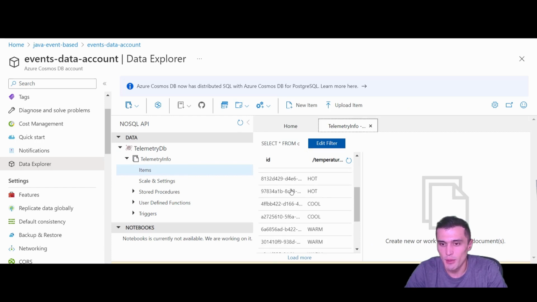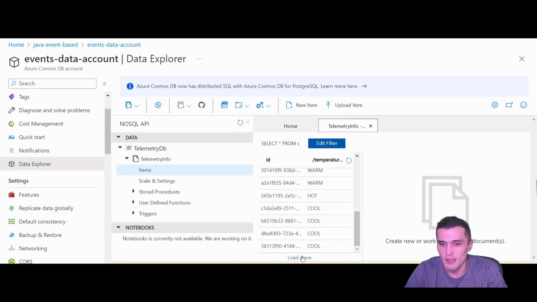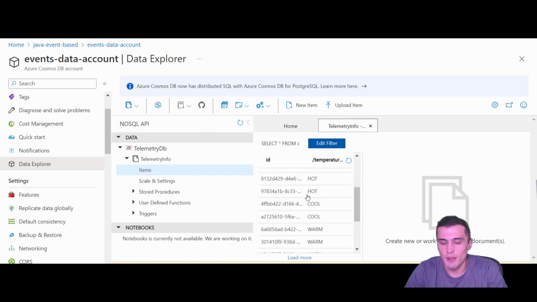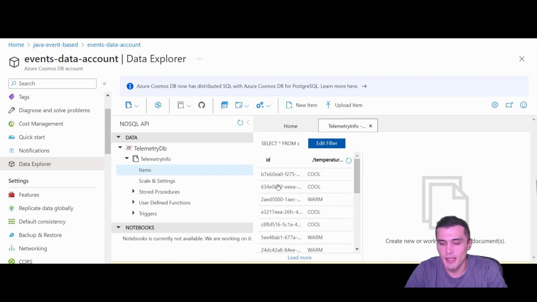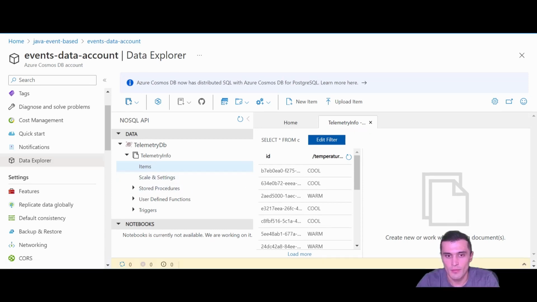As you can see, we have many event data already arrived because our functions run every 10 seconds. It can generate many events. This is one way of seeing the events and monitoring how the data arrived or was processed.